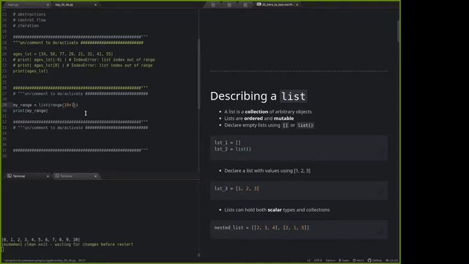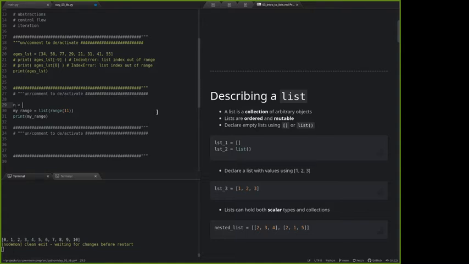This is a common thing to do when you want to include that upper bound. You're passing a number, usually in the form of a variable or a parameter from a function, into range to generate a dynamic number of elements. If you want it to be excluded, you just leave the +1 off. If you want it to be included, you'll do +1. Obviously, 10 + 1 is 11, so in this case I can just do 11. But like I said, usually this is coming from a variable somewhere. So if n equals 10 for whatever reason, and I want to generate a range inclusive of n, I'll do n +